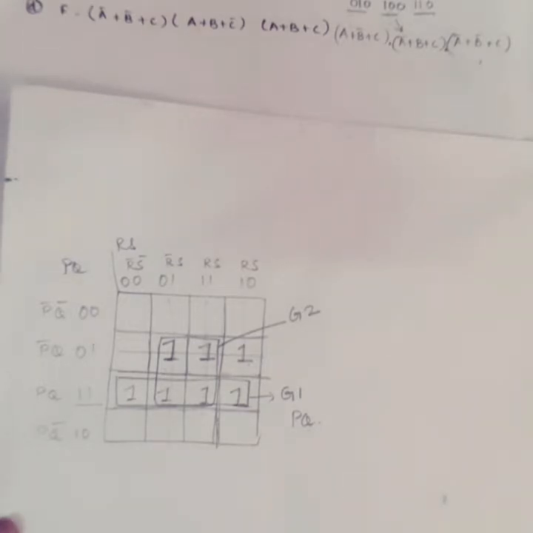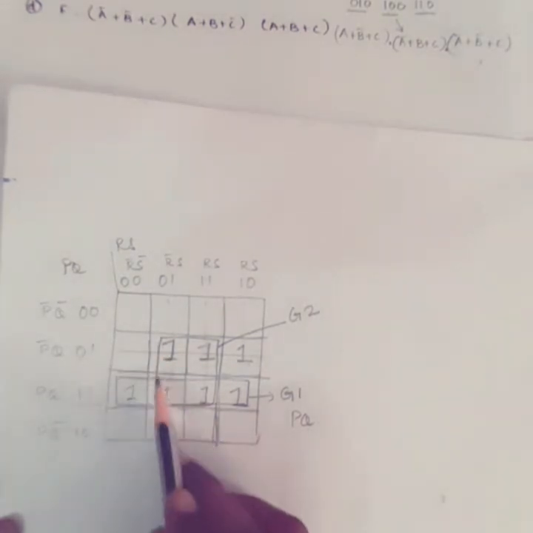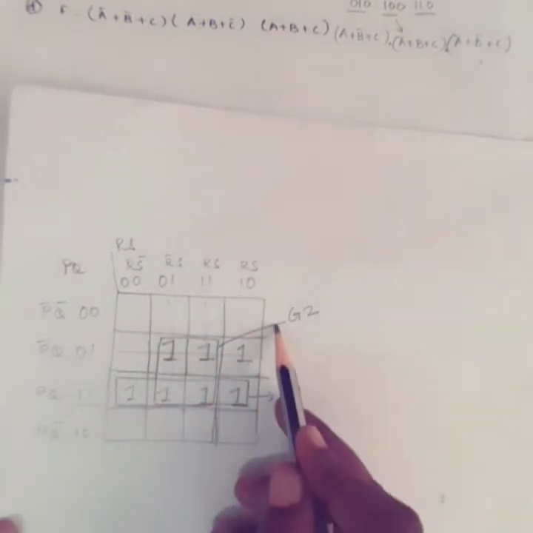Actually, the main motive of the K-map is to simplify the Boolean expression. If you are forming a smaller group, it will not minimize the number of literals. If you are forming a larger group, it will minimize the number of literals in each min term, and it can also minimize the number of min terms in the Boolean expression. So we should go for a larger group. That is why I am using this quad. So this is group 2.